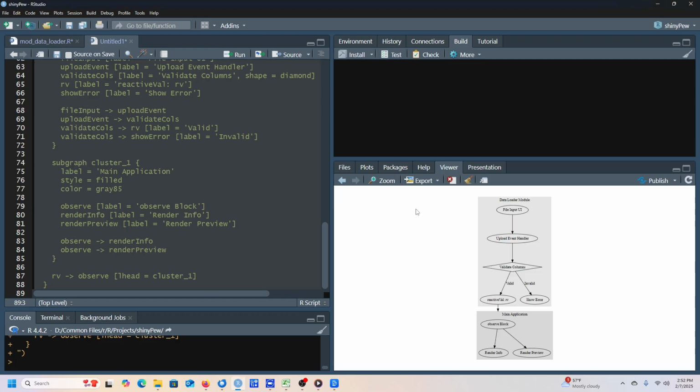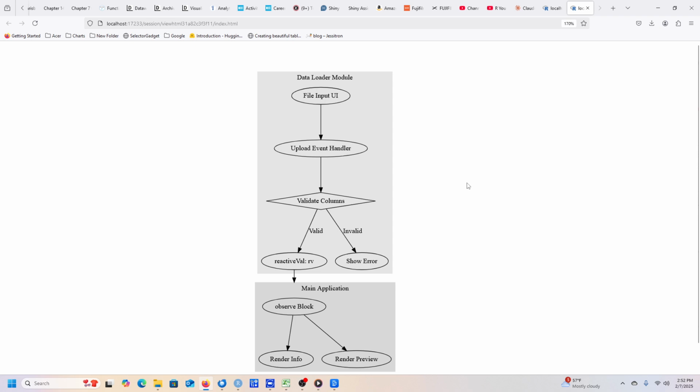Okay. So what I want to do right now is show you what this Shiny module does at a very high level. I've taken the code and dumped it into Claude AI to get this little visual here, which was rendered using the DiagrammeR package. It gives you a high level overview of what the data loader module is going to do. So you've got your file input UI,